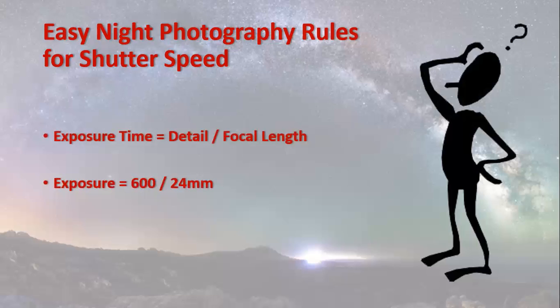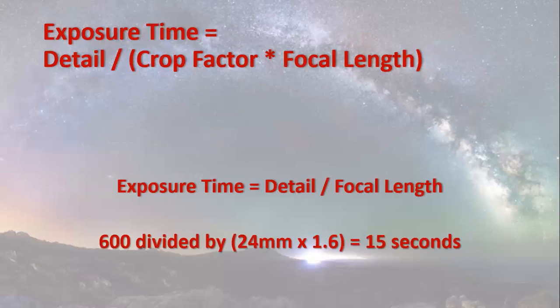But if you take 600 and divide it by, say you're using a 24 millimeter lens, your maximum exposure length and your shutter speed is 25 seconds. Anything beyond that, you're going to start getting star trailing and blurry. So now, that sounds nice and easy, right? Well,